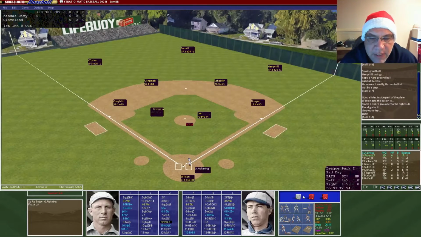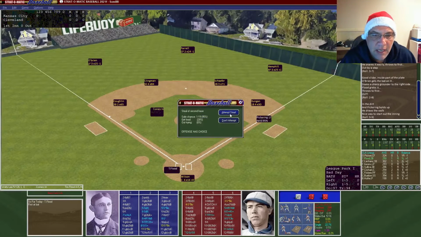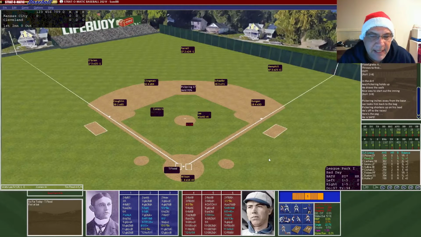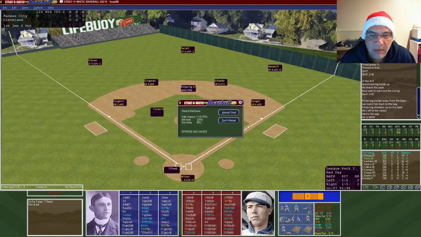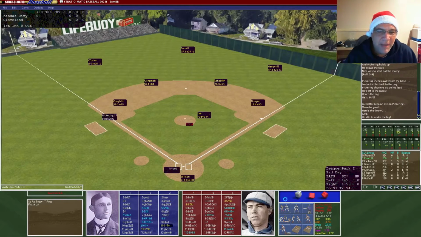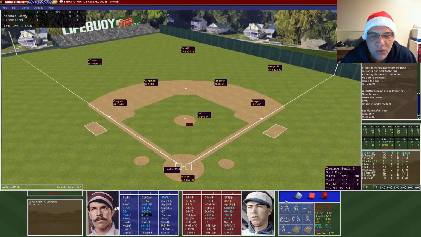Ollie Pickering, the center fielder, is up. He is going to draw a walk. We're going to try to steal here, and he does get a good roll. Let's try to steal third with a lead with a +4 pickoff move. And he does pick third. So now Flood is up with a runner automatically on third base. And Flood is going to hit a fly ball to left field. Hopefully that'll be deep enough with Pickering's speed. He should be able to score, and he does.